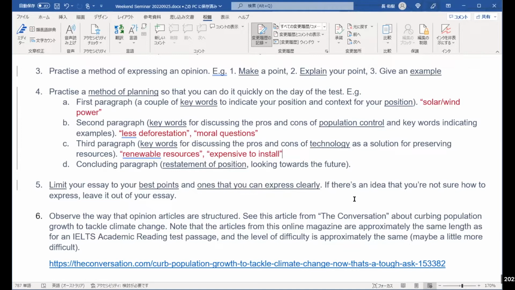Your lexical resource will be used effectively. Your grammar will not be too difficult. You'll be able to express a position clearly. That's the task response. And you'll be able to make it more cohesive, which is the second assessment criterion in IELTS, coherence and cohesion. We're going to look at coherence and cohesion in a bit more detail when we look at the model answer. We'll look at some linking words. Okay,